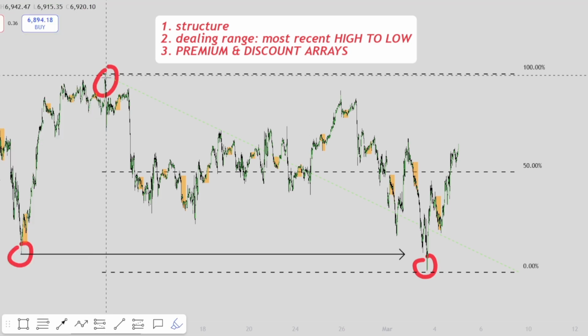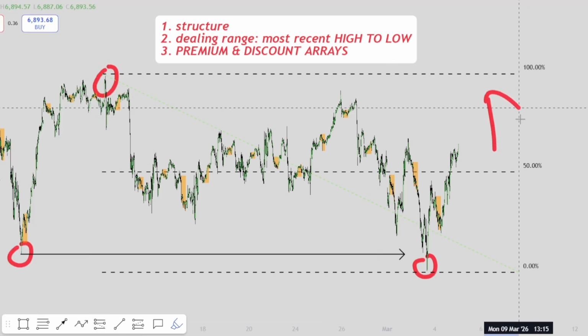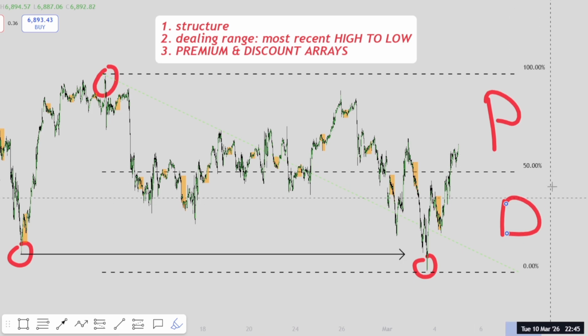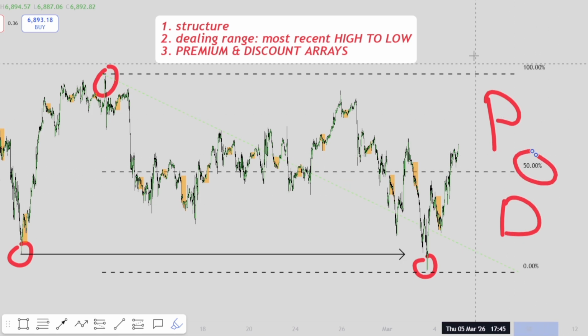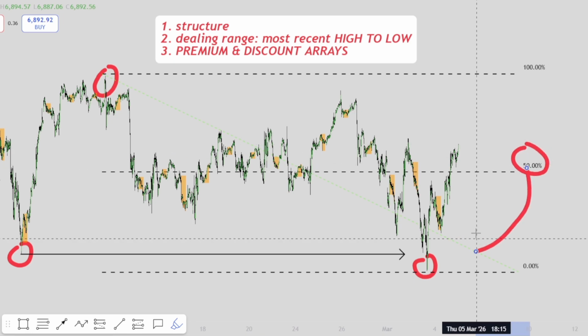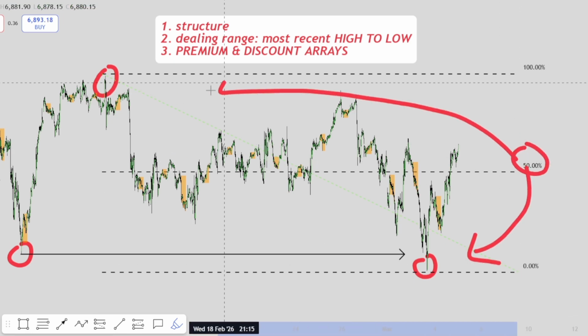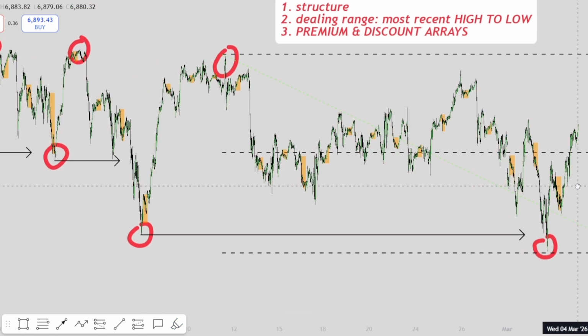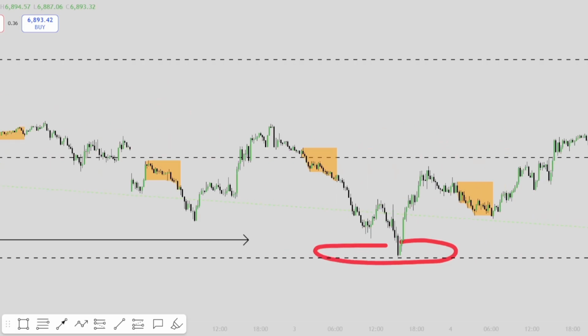So once we have our structural high and structural low, this is the premium, right? This is the discount. So anything below is a discount, this 50%, anything above is a premium. And it's important to understand this 50% here is basically the halfway point between this low and this high, right? It is the easiest thing to understand, and it's the most important thing to understand. Because what you'll find today, if we just take a look at some of the recent price